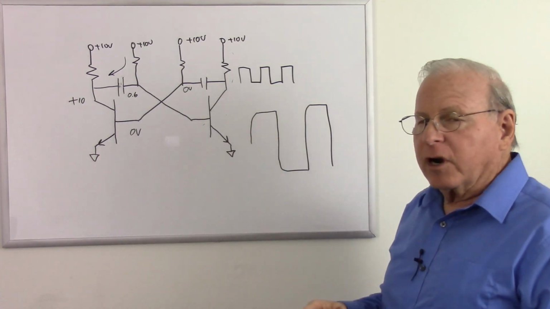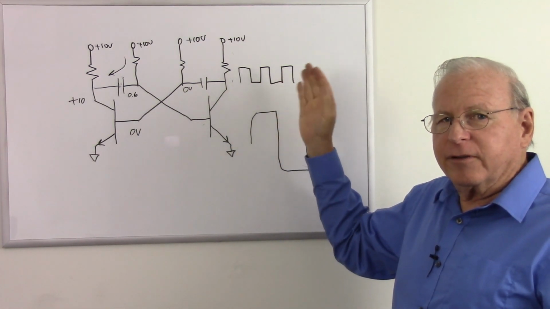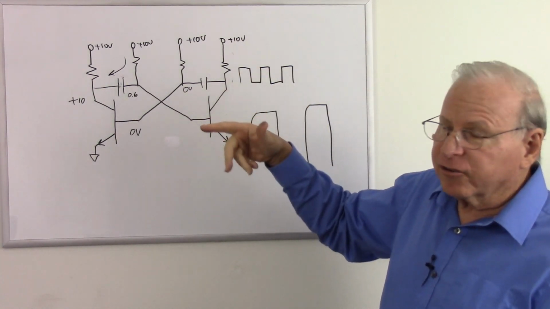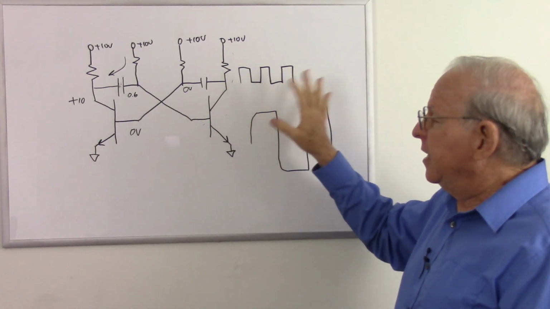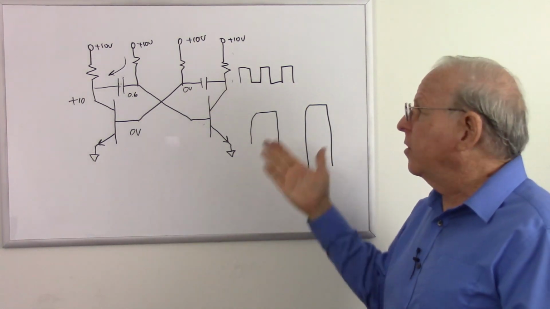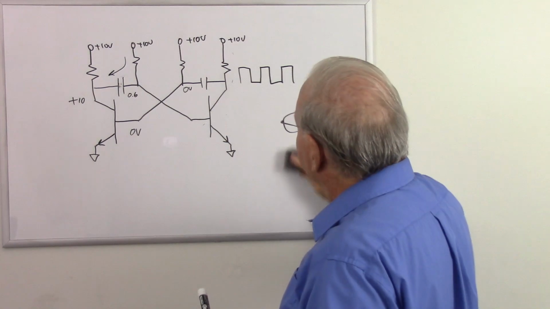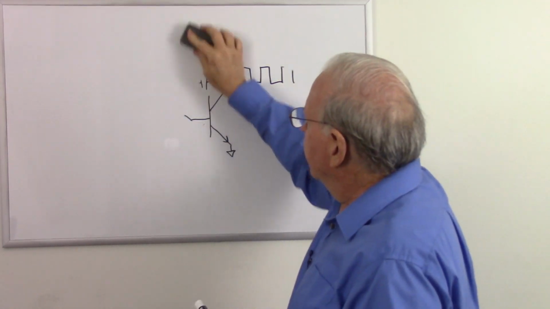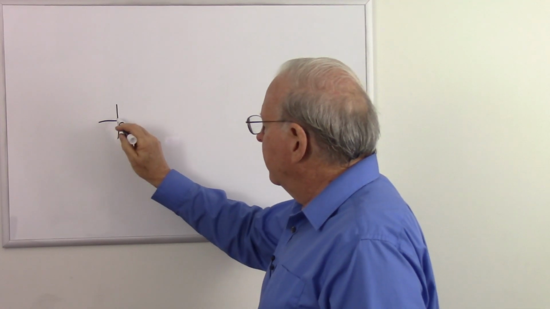So it's not a perfect square wave, but we can send this through a Schmitt trigger, which is something we'll talk about in digital circuits, but a circuit that will clean that up and make it a perfect square wave if we need a perfect square wave. If we don't need a perfect square wave, then it'll do well enough. Now let's look at the other way to look at this. May or may not be a more simple way to look at the Astable Multivibrator, and that's the way we first did. So there's our